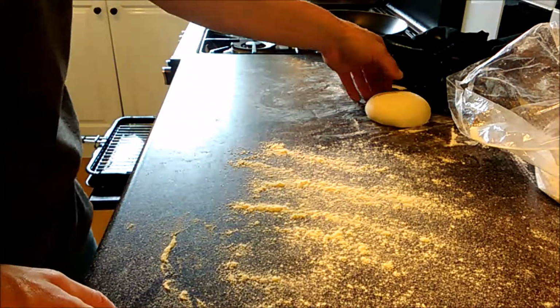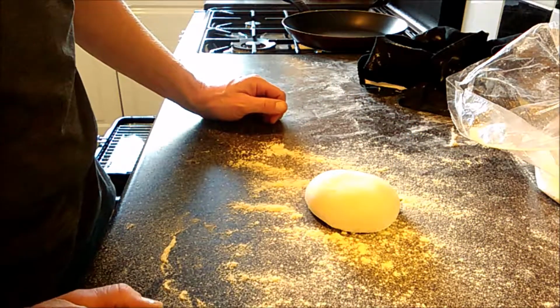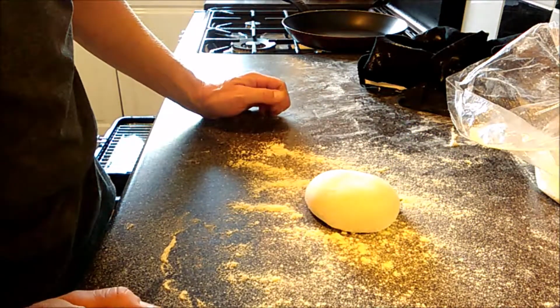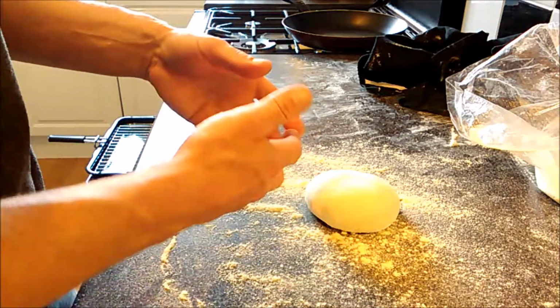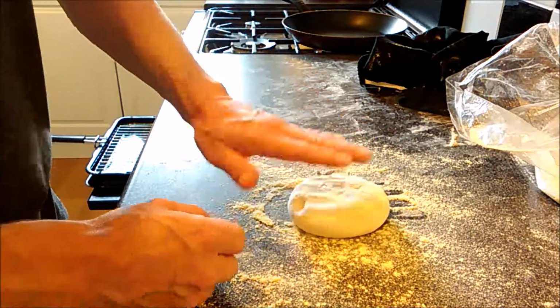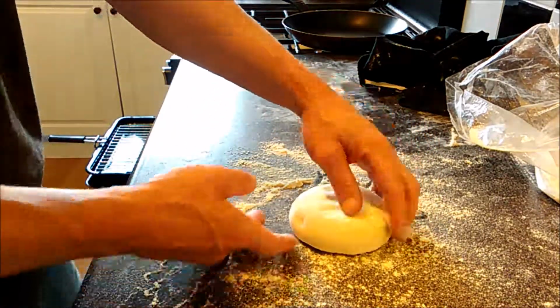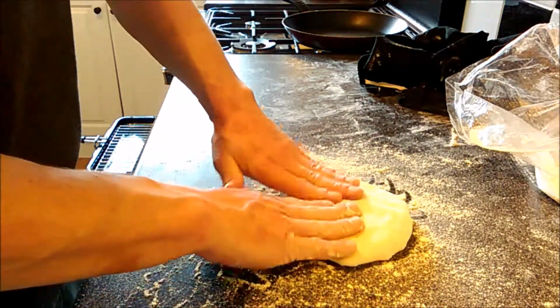And finally onto the pizza base. So that's the 150-gram piece, and that's actually been resting for probably over an hour now, but I'd say an hour, hour and a half is great. You want it as stretchy and relaxed as possible. So it's basically the same as the naan bread in that you start with a round ball. You're going to press it all out a little bit,